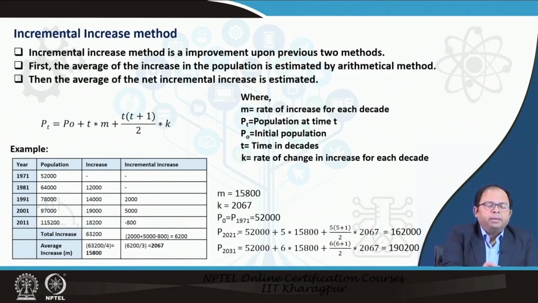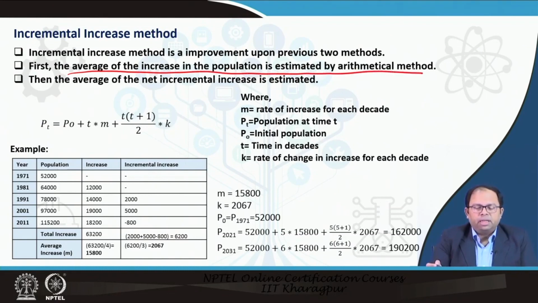So, the incremental increase method is an improvement upon the previous 2 methods, but again there are some issues with this method as well. Here we divide the increase of population into 2 parts. First, the average increase in the population is estimated by the arithmetic method. That means we determine the straightforward increase in the population, this is the total increase, and we take the average increase per year, which is